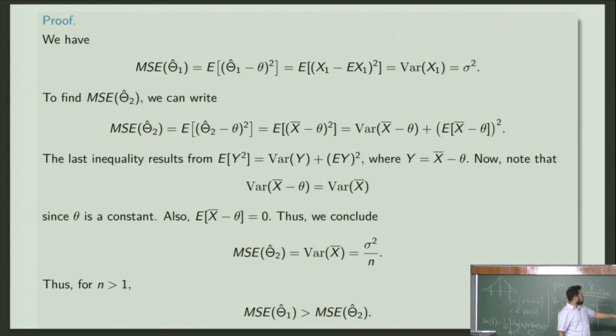So basically we have variance of x bar left. Everything now boils down to variance of x bar, and we have calculated before that the variance of x bar is sigma square by n, right? Now you compare: MSE of theta hat 1 is sigma square, whereas MSE of theta hat 2 is sigma square by n. For n greater than 1, indeed MSE of theta hat 2 is lower. The error is lower as your sample size is growing, compared to the one where you had just one sample. So theta hat 2 is a better estimator.